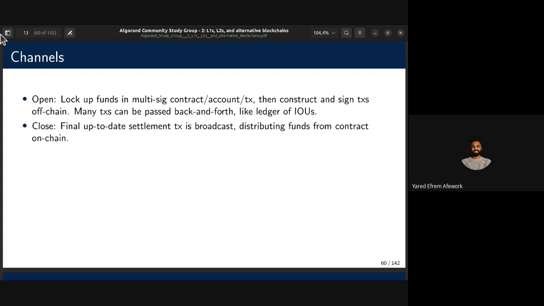By the way, this doesn't require a multi-sig contract. It could also be a UTXO, an unspent transaction that's being sent back and forth on the blockchain,